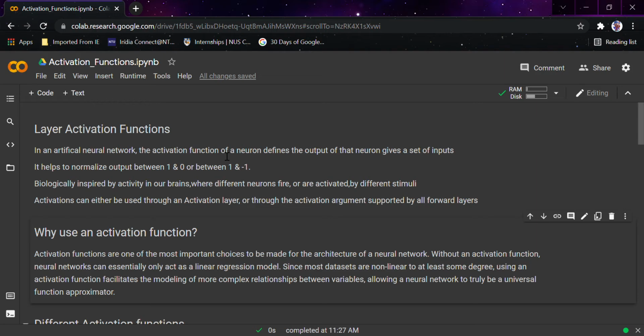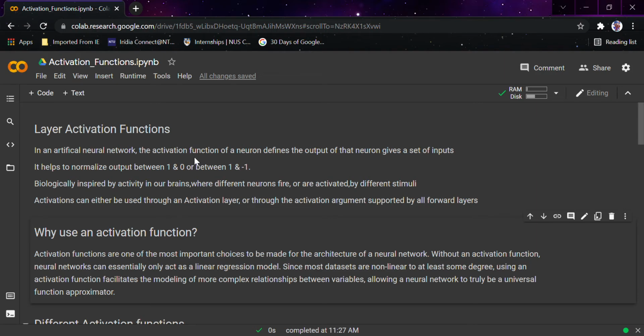When it comes to activation functions in an artificial neural network, the activation function of a neuron defines the output of the neuron given a set of inputs, and it helps to normalize the output between 0 and 1 or between -1 and 1.